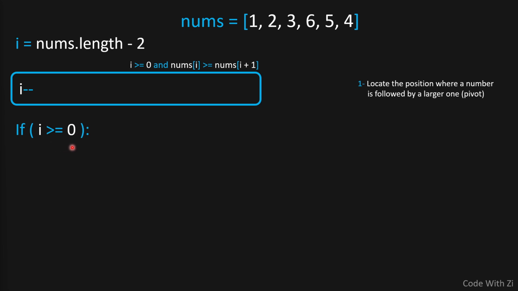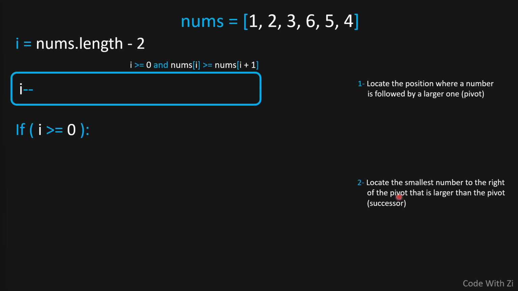If I, for example, is 0, it's going to be pointing to the first element inside of our array. But if it's minus 1, that means it's pointing to nothing. So we don't want I to actually be less than 0. Inside of this if statement, we're going to have to implement our second step, which was finding the smallest number to